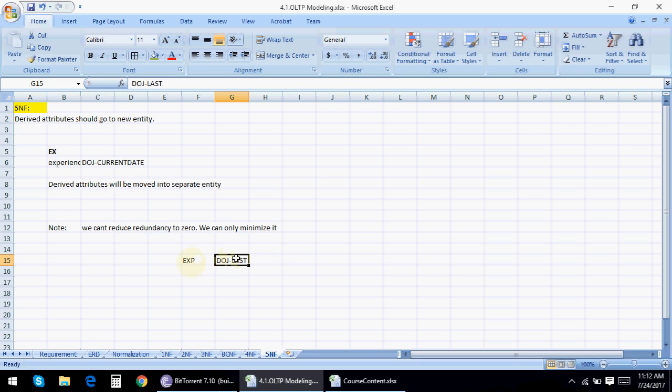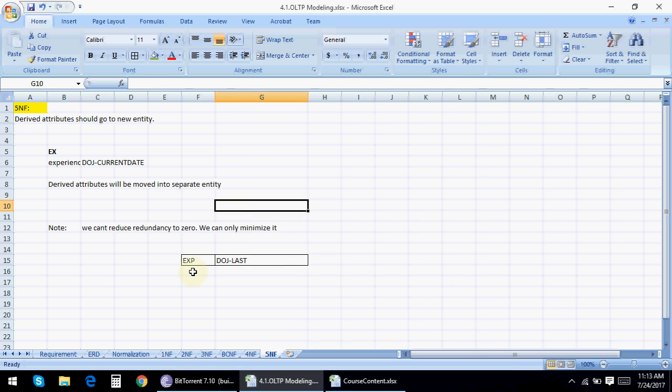So for deriving experience, I am using 2 columns. The columns which are dependent on derivation of other columns will go into a different table.